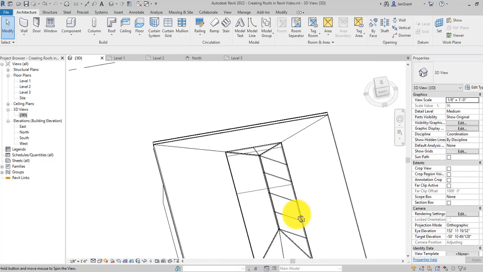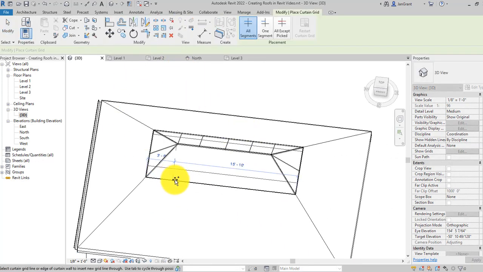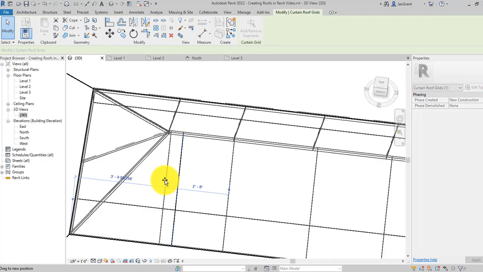But for now, the idea is that we're going back to curtain grid and clicking here to put cut marks in the glass. That's what it is. I'm going to have to pull those over to the other one. There. If I escape out of that and just pull this over,